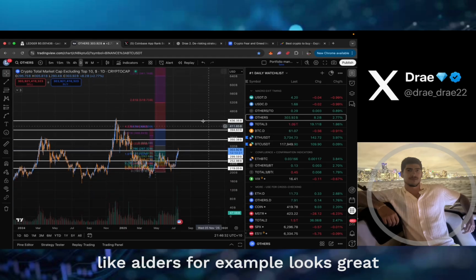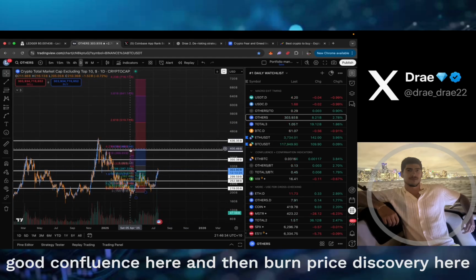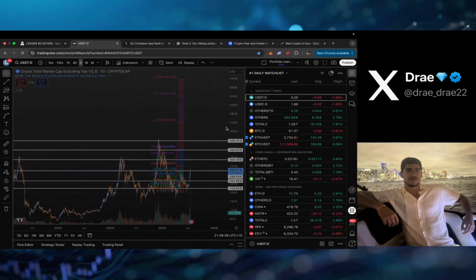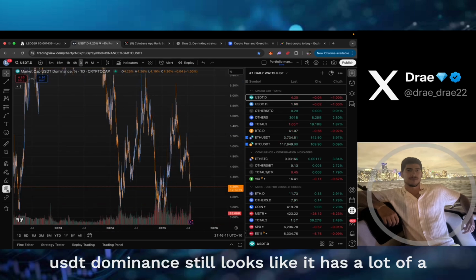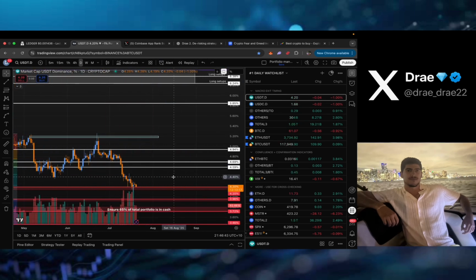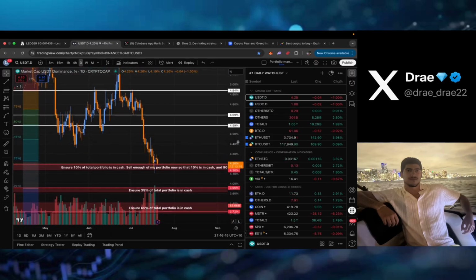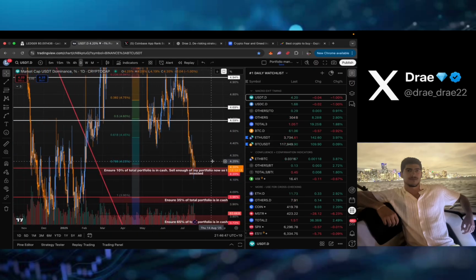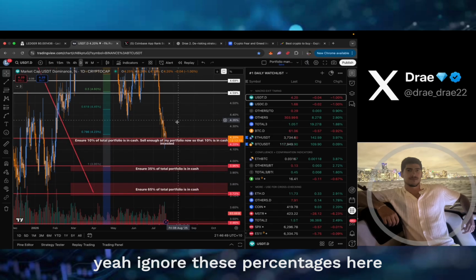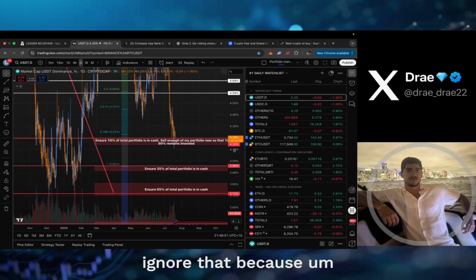Others, for example, looks great. Good confluence here. And then boom, price discovery here. USDT dominance still looks like it has a lot of room. Yeah, ignore these percentages here. Ignore that because